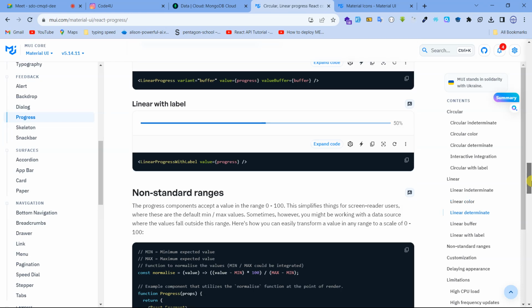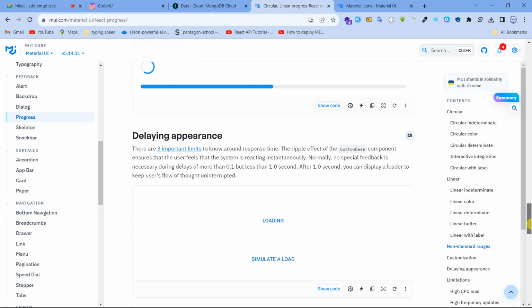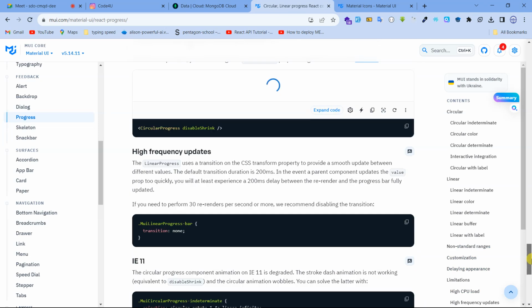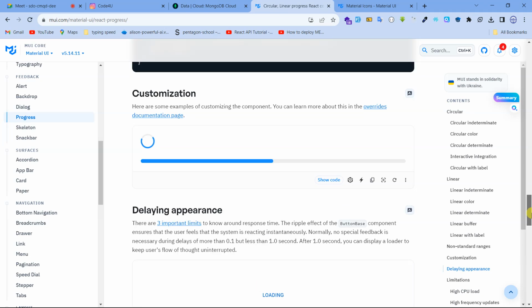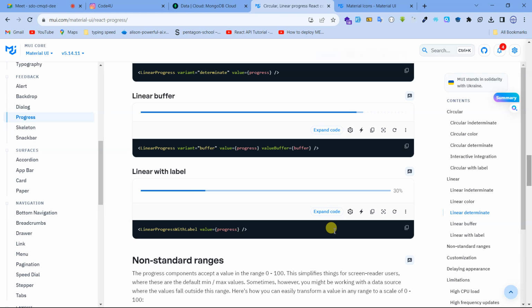Feel free to choose the one that you like. I need the one that goes to the percentage. I think I have to go slowly up. Just loading. Yeah, I need this one. So how do I use it? I just copy this only, this code. Then I will go back to